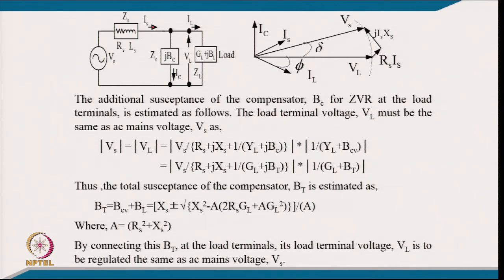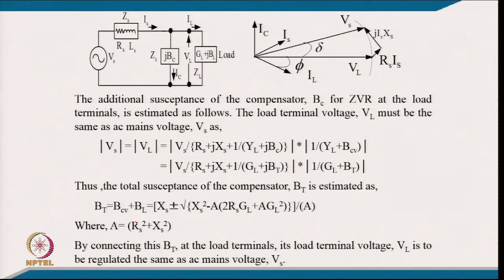The total load terminal voltage must be the same as the AC voltage. So, Vs amplitude should be equal to VL, and you can find out the amplitude of VL in terms of Vs. We calculate the VL in terms of Vs by putting all the parameters of this compensator, load, as well as the line corresponding to this equivalent, and this comes equivalent to this. Thus, the total susceptance of the compensator Bt is estimated from this relation equal to BCV